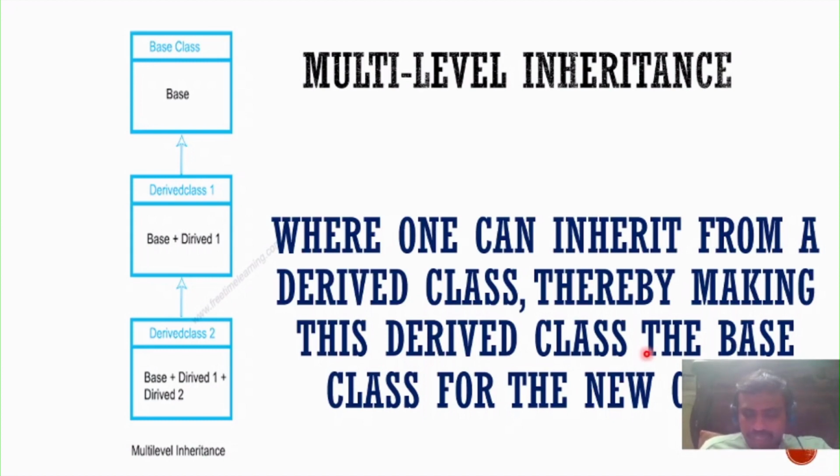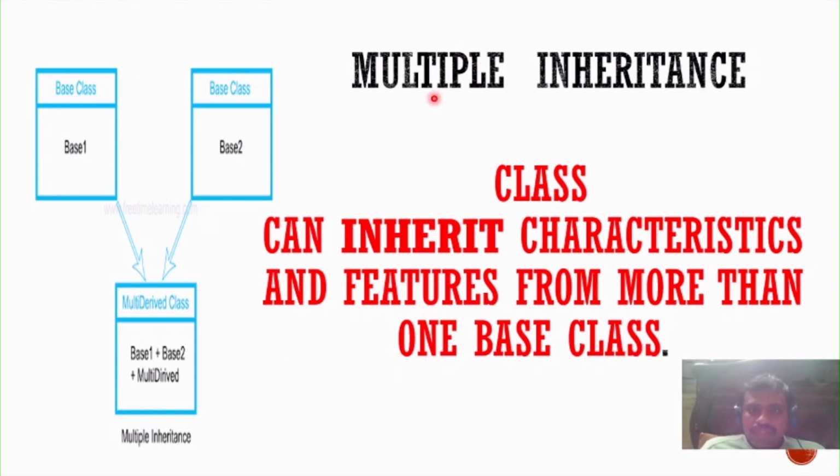So now moving on to the next one, multiple inheritance. Here in multiple inheritance, as depicted in the picture, you can see there are two different base classes. Don't think that there are only two base classes. There might be any n number of base classes. In this picture we have two base classes, base class 1 and base class 2. These two have some characteristics and features. Now by using these two base classes we can derive the properties into the derived classes.